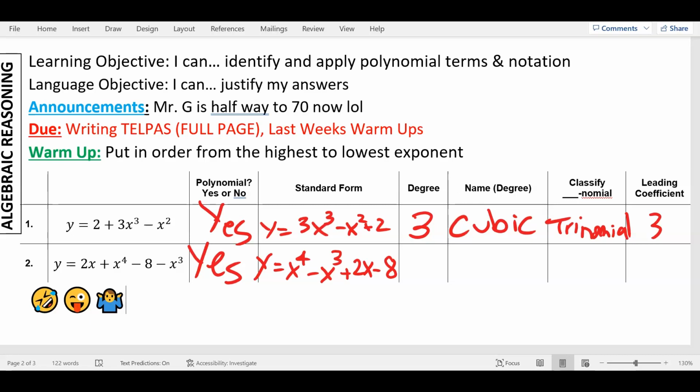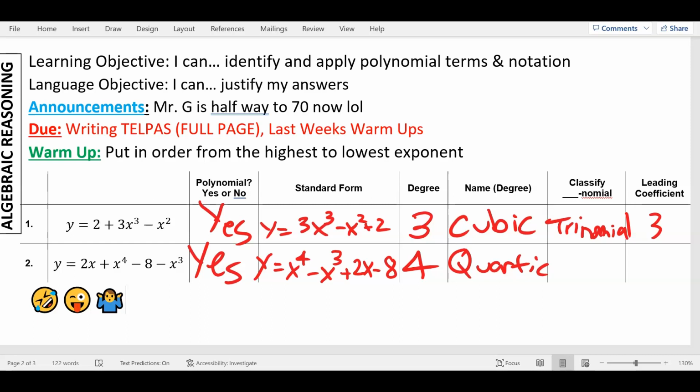Now, what's the highest degree here? 4. Cool. What do you call it when it's degree 4? That sounds like a metal band. Quartic. It sounded like she said something. She made up a new band name. Now, what nomial